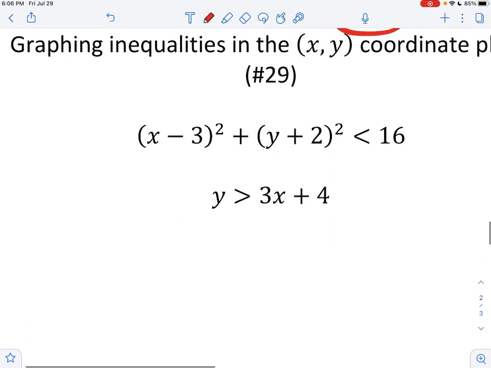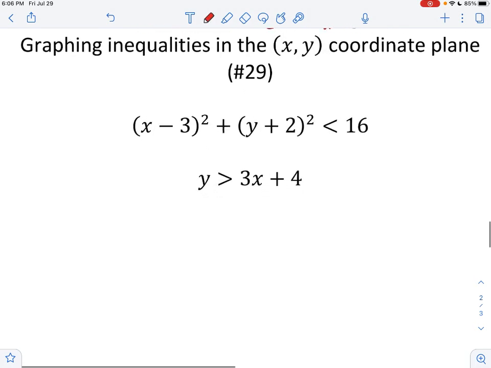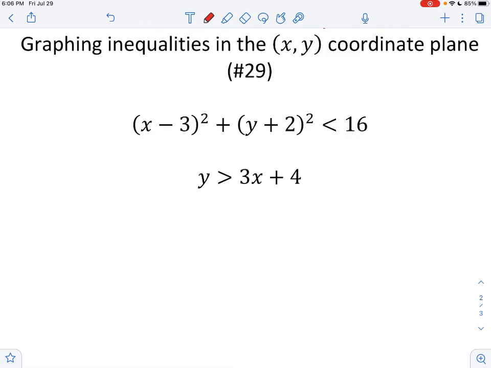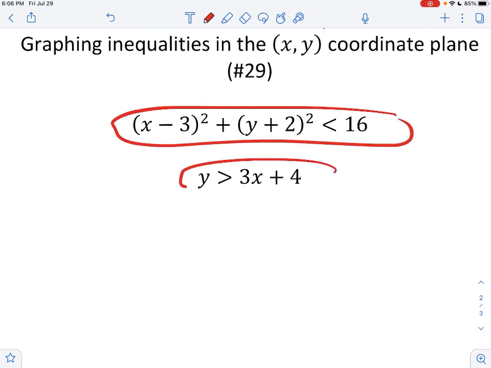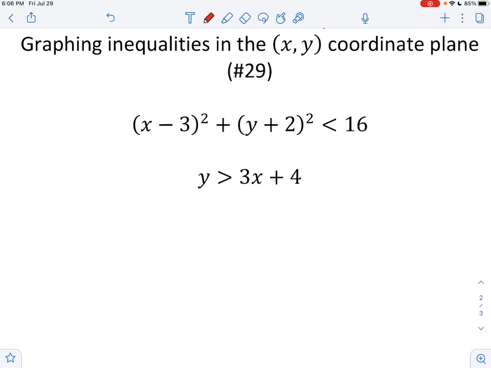Graphing inequalities in the xy coordinate plane. So a couple types of inequalities that you should know how to graph. One is a circle. The other is a line, okay? So let's start with the line. The line is a little bit easier. So if I draw an xy coordinate plane,